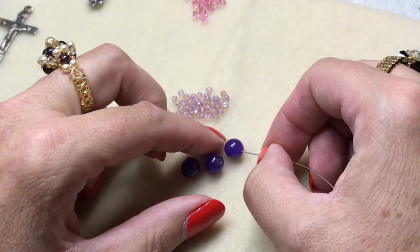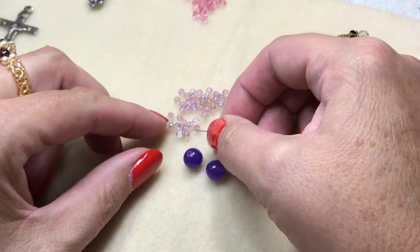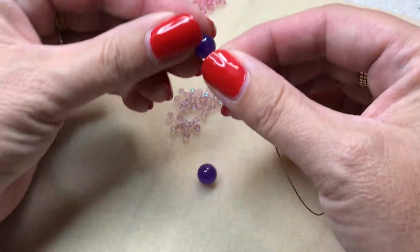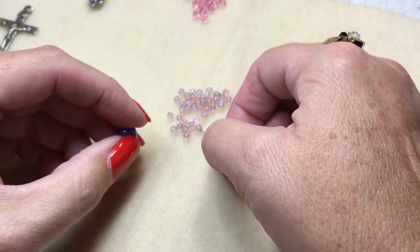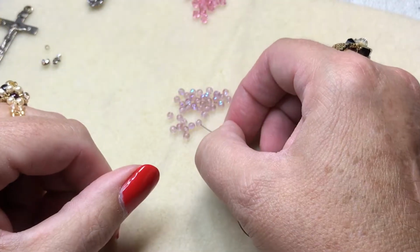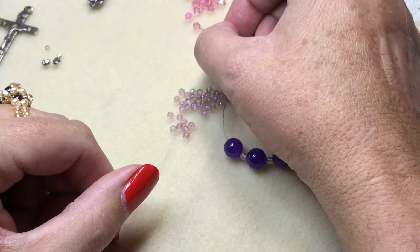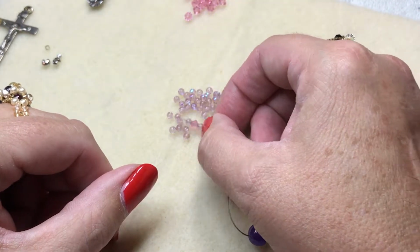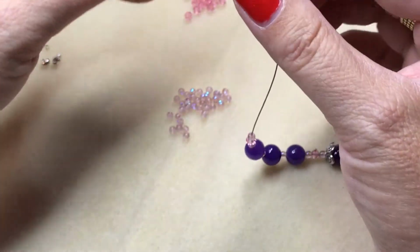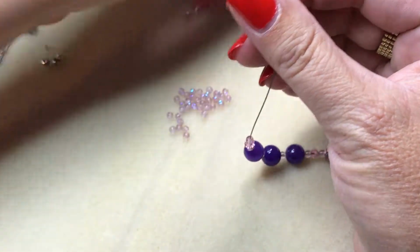So there's 1, 2, 3, and then finish it off here. I'll probably have to speed up some of this as we're making it, and I'll speed up the parts where we're being redundant. Okay, and this is our last